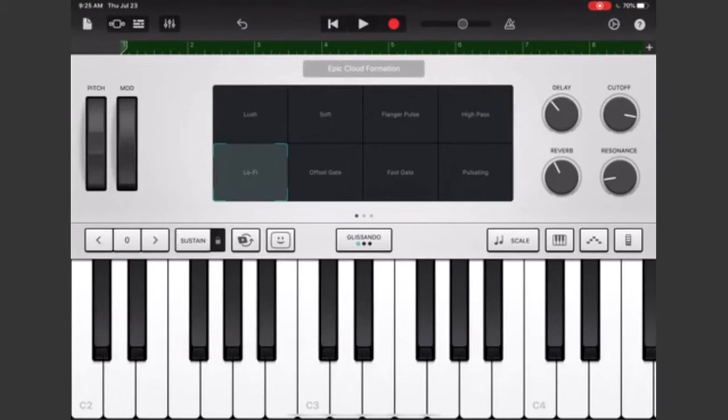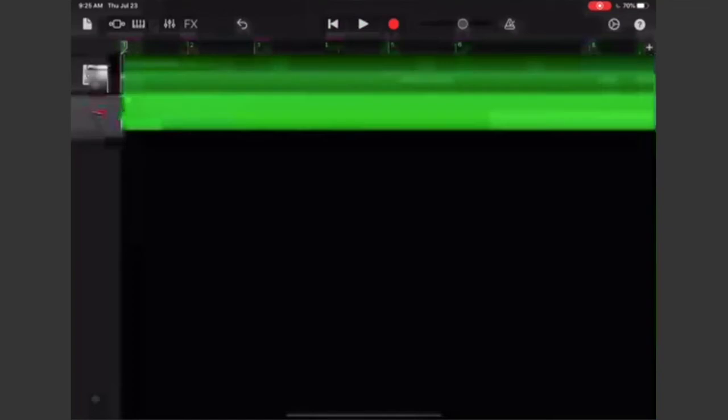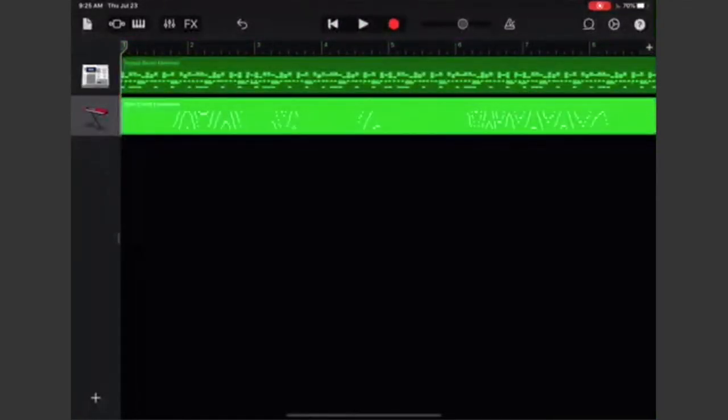And once you've laid down a new track, I want you to go back to your layers again, and you will see 2 tracks.